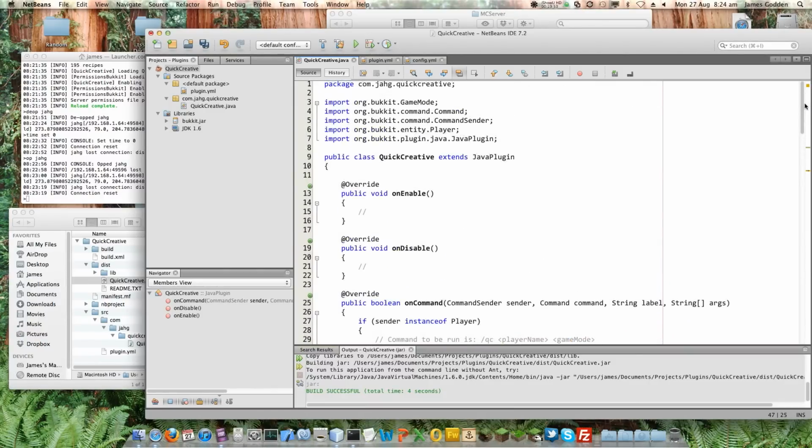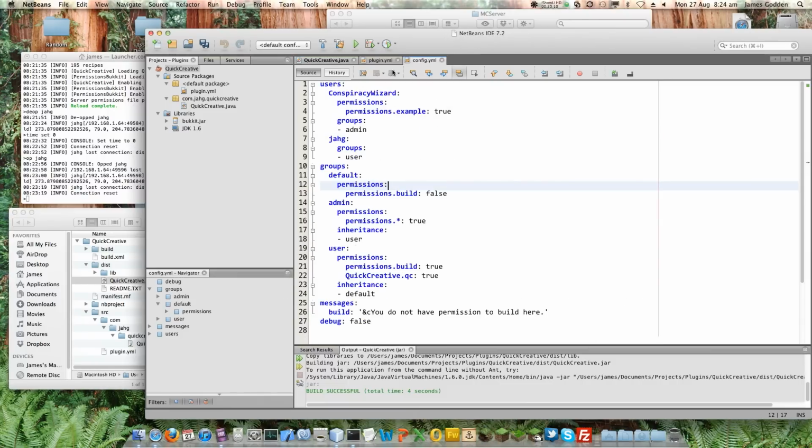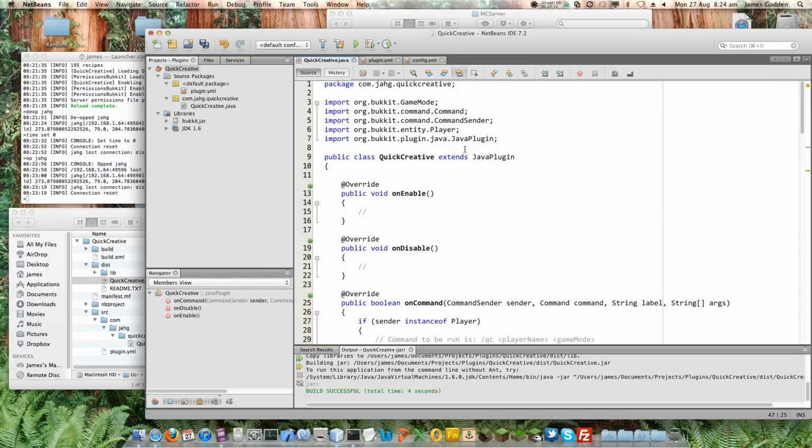So in the next series of videos for this series, we're going to work on another plugin. Now, in order to do that, I'm going to need to do a series of smaller videos which are going to teach small things like how to use a config file. See, Permissions Bukkit uses a config file to do various things. Well, we're going to need to know how to use a config file from our code.